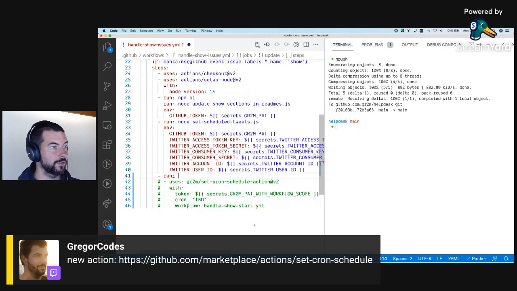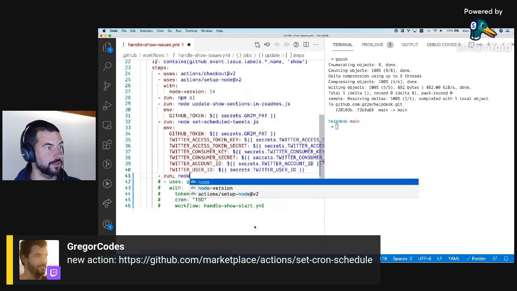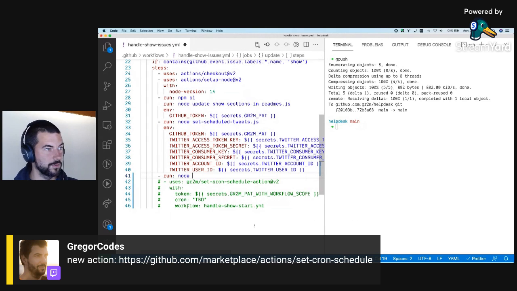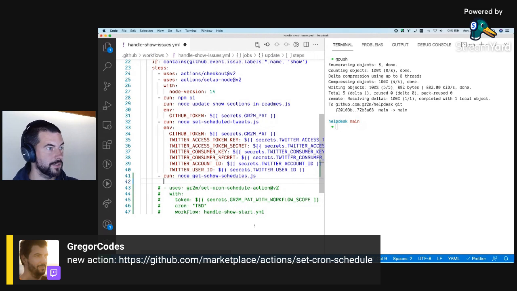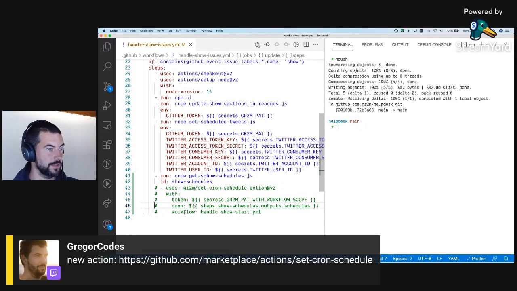For that, I will create a new script and call it something like node get show schedules JS, and then give it ID, like show schedules, so that later I can use an expression, which I keep forgetting about. I think it's something like steps, show schedules, outputs, schedules, something like that.